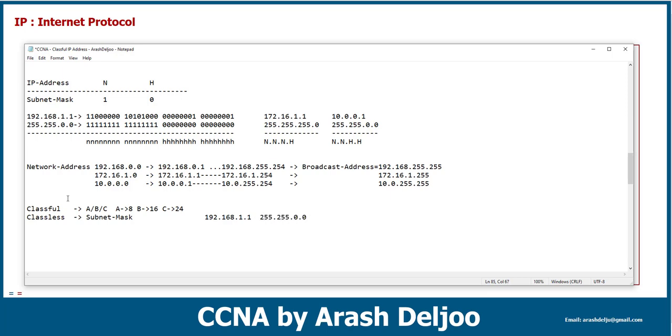This is not optional. You must configure the subnet mask. If you don't configure the subnet mask, the IP will not work, and maybe you receive some error message. But in classful networks, we didn't have the subnet mask. For example, we only configured one